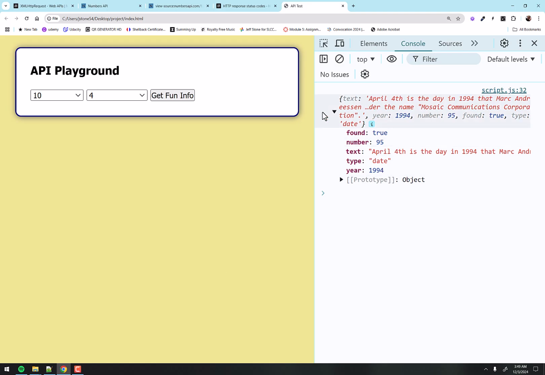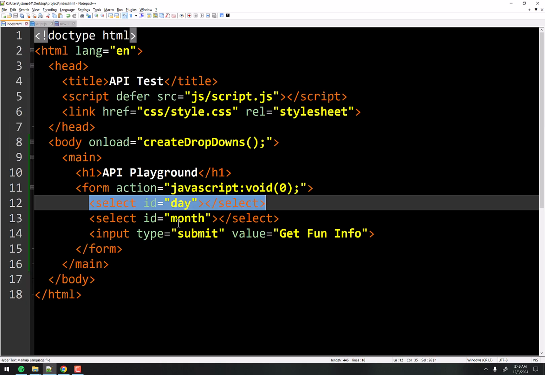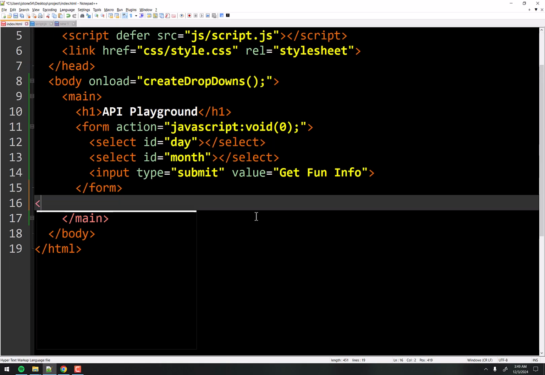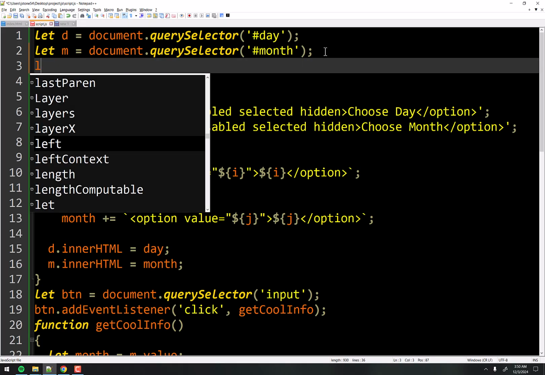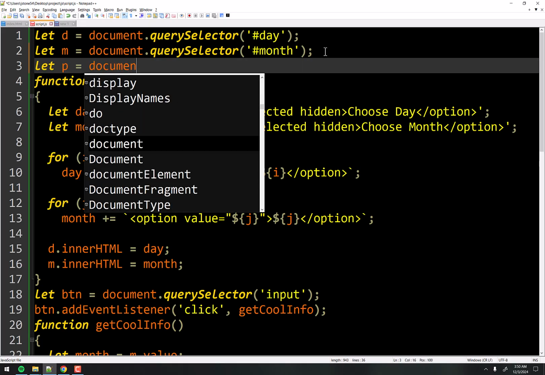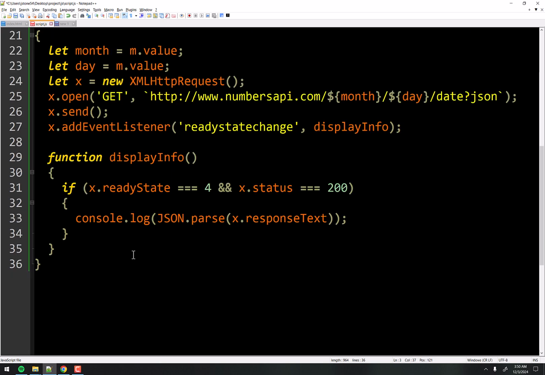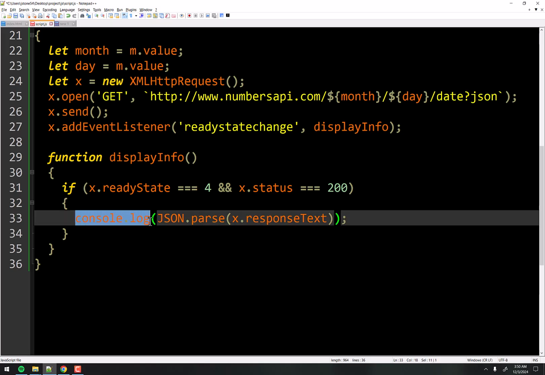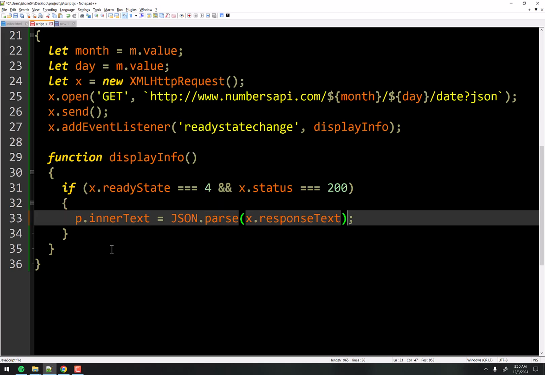Okay, so this is working here. We have the whole object being printed out. Well, I want to put it inside of our HTML, right? So right here, I'm just going to do a paragraph and we'll add some text to it. So we can come up here, let paragraph equal document.querySelector. That'll be the paragraph. And then down here, rather than console.log, we're going to say p.innerText is equal to